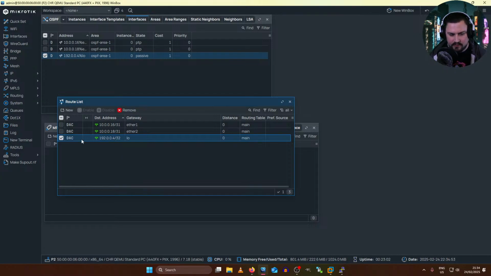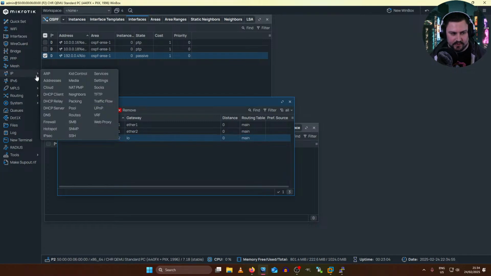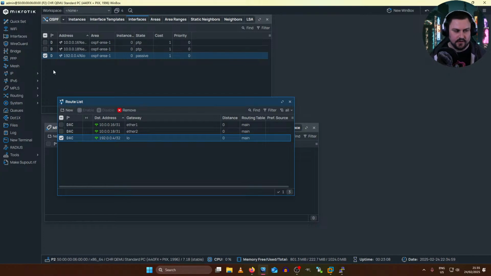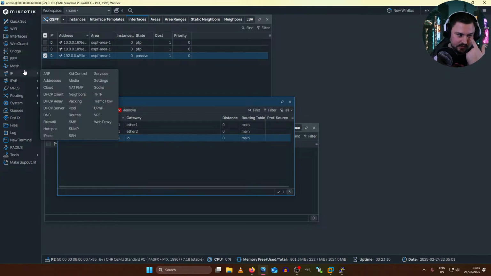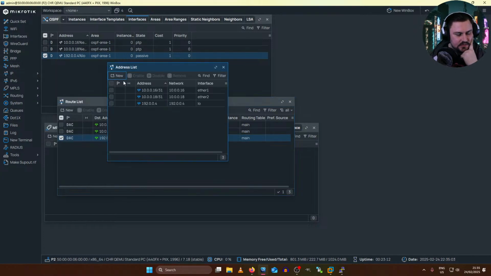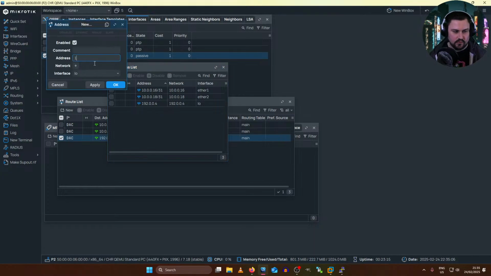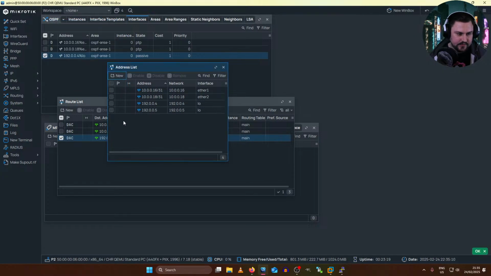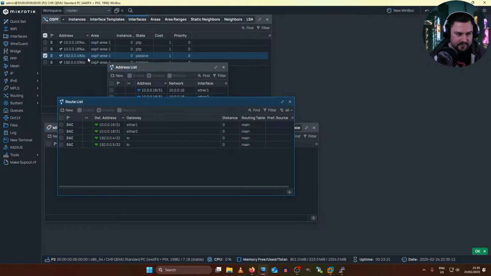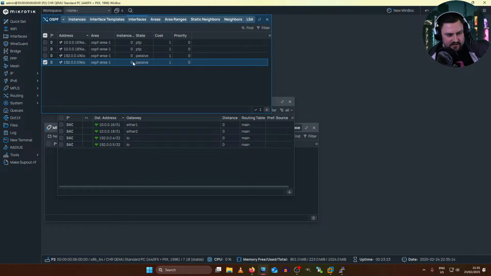I'm not sure what happens if you add multiple IPs to the loopback interface, because on Juniper there's a weird thing you need to do to have the second IP address be sent out from OSPF as well. But let's just add another IP. I can just add 192.0.0.5 on the loopback as well. And let's see if it looks like it advertises it out automatically as another passive interface.